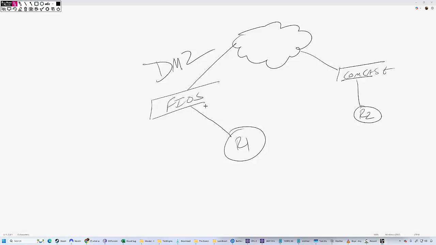You're going to say the DMZ is going to 192.168.1.1, which is this interface's IP address, assuming that maybe the Fios IP address is 192.168.0.1. Now, you're going to say for the DMZ, and what the DMZ really says, from these ISP